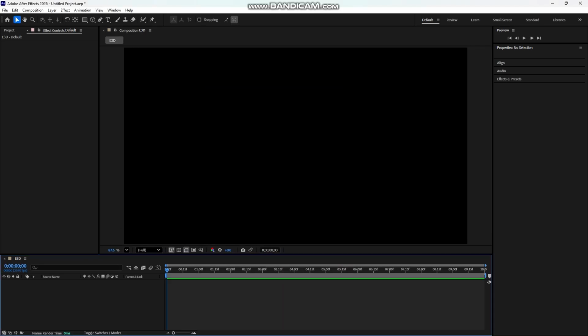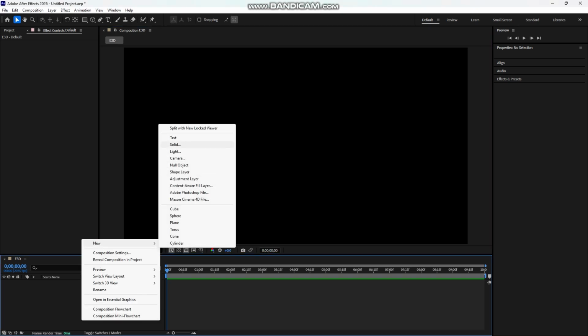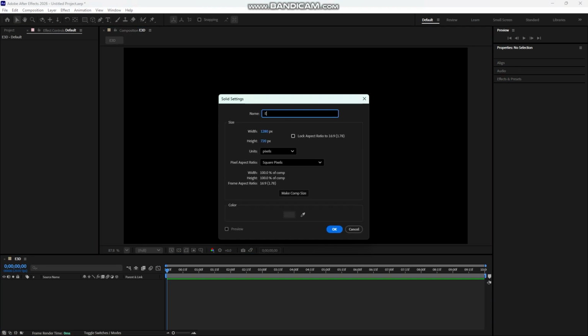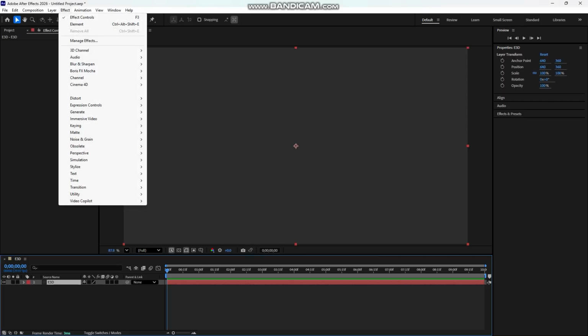So after that, right click, create a new solid, and right here, Element 3D, click OK, and go back to effects, go to